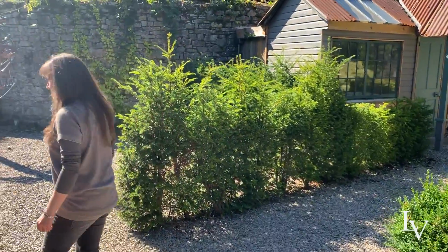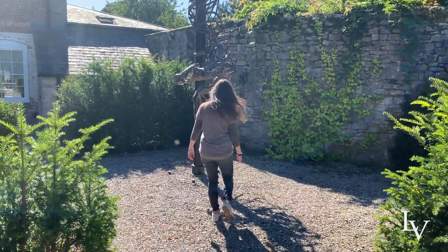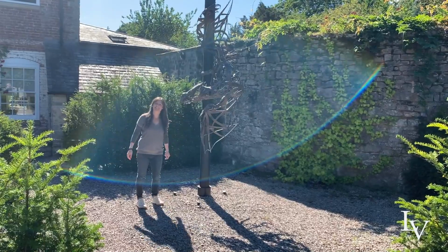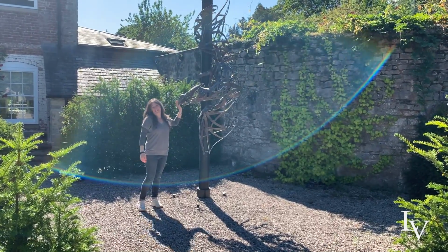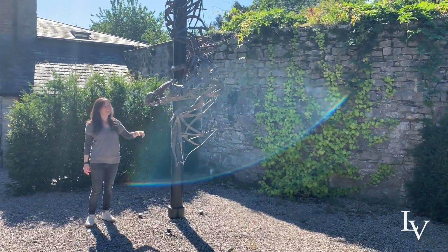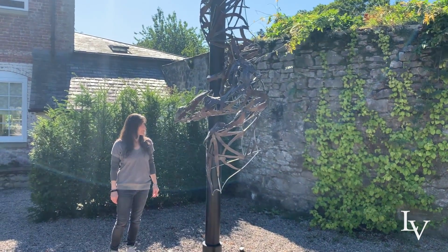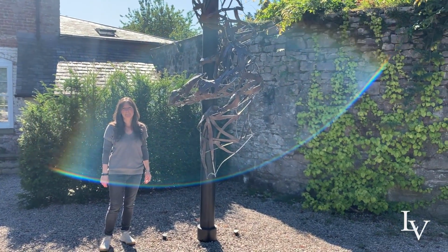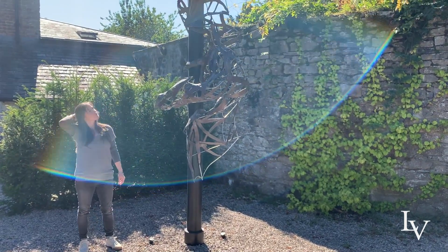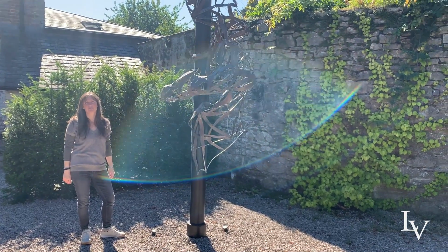Moving on from the limes is the dragon. This dragon was made by Ben Broadbent, who you'd be able to see on Instagram, and he is a sculptor. We met him at the National Garden Scheme,